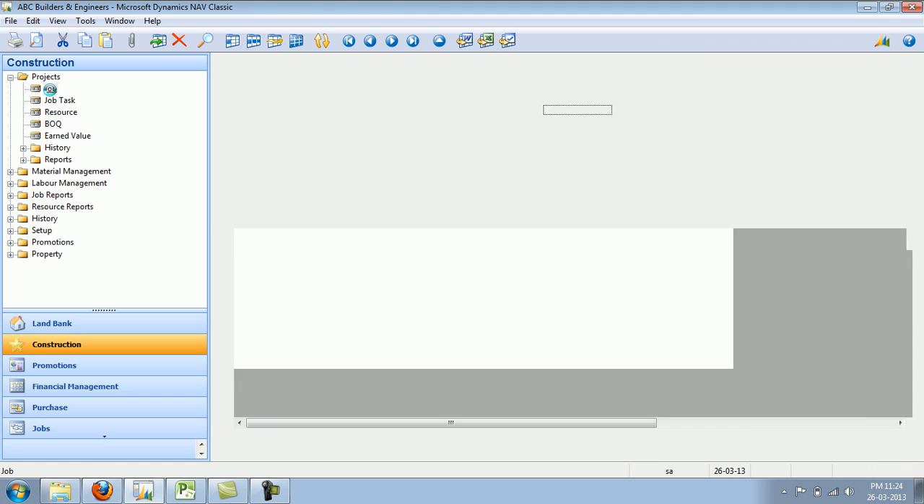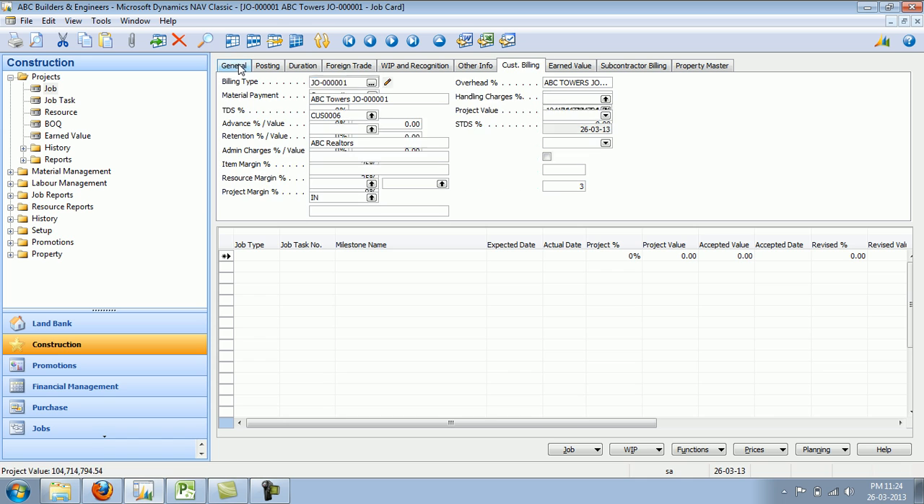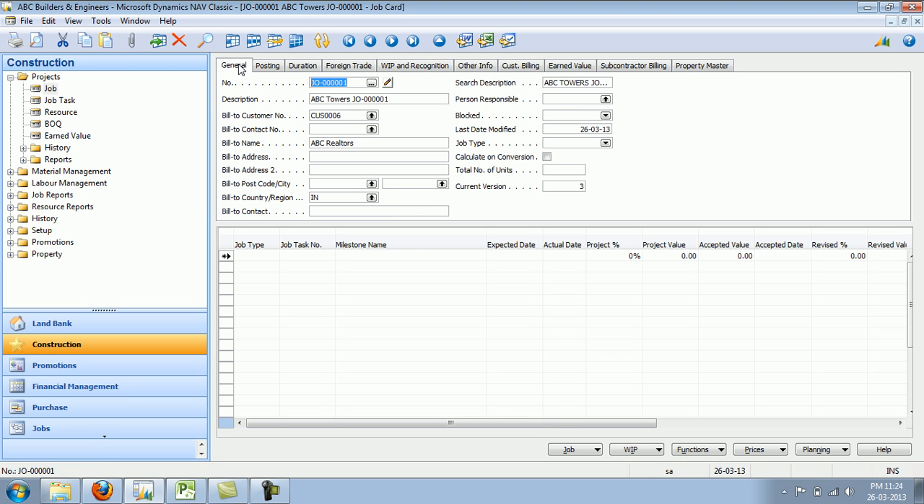In this part, we will see how to define a project and how to do the estimation activity for the project. I am in what we call the job card, which is nothing but the project master screen, where this is project ABC Towers with the job number J0001, and it is done for a specific customer, ABC Realtors,